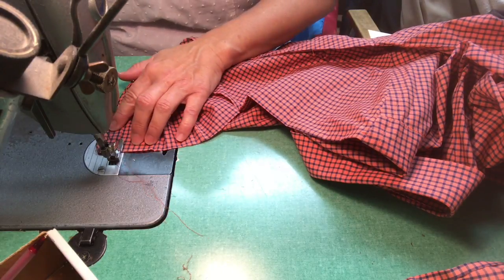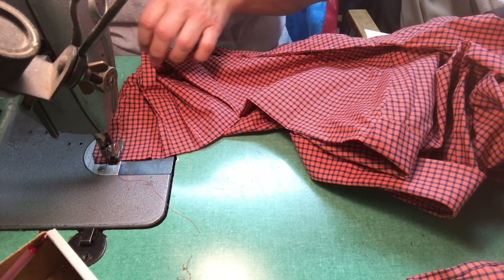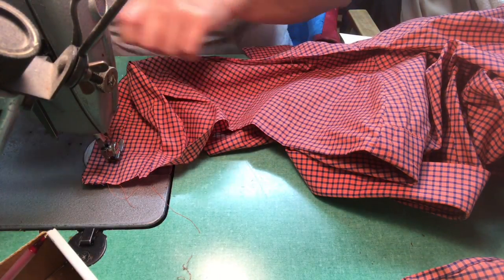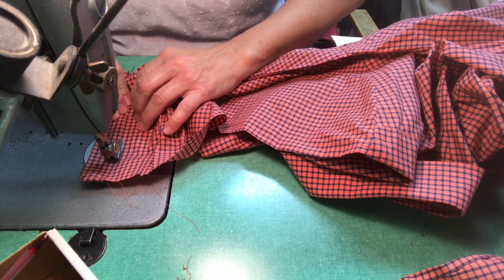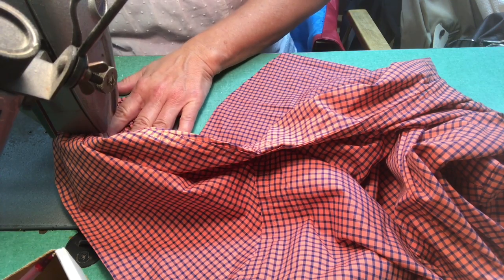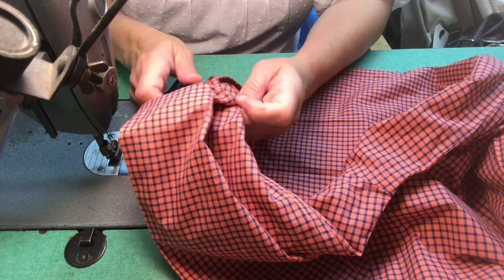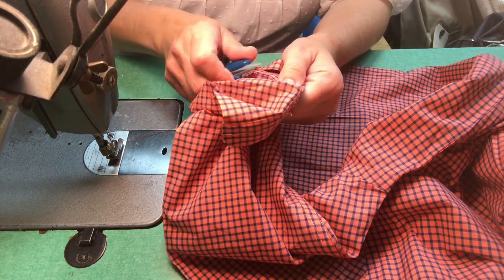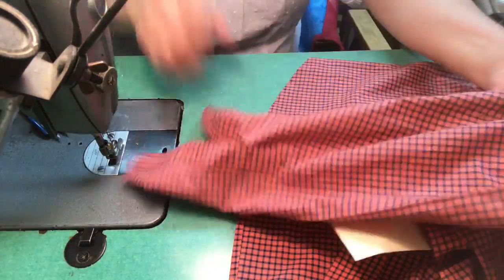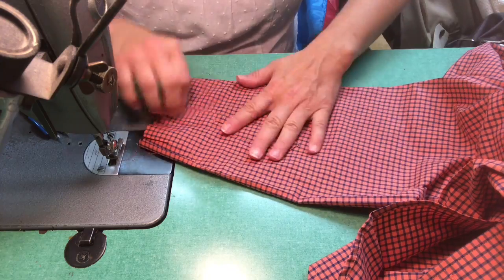Okay, on this part, because you have to sew to the end and come around, just be aware of the rest of the sleeve, that it doesn't get caught underneath, because it's a drag having to take those stitches out again. Okay, it looks good. Now I'm going to put